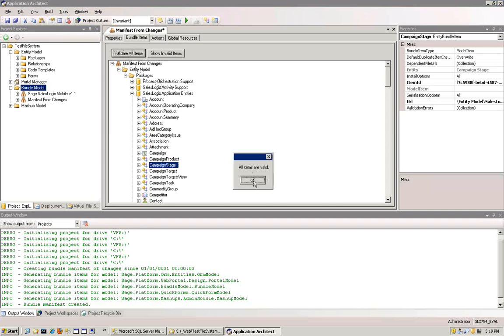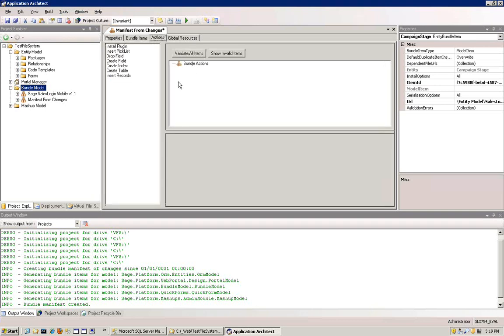So now that we know that we have all our valid items in here, we're actually good to use this manifest. Or there are a couple extra tabs in here as well. There's this Actions tab, and under the Actions tab you have a couple different items that you can also include in the bundle, including plugins, adding pick lists, and doing some table and field level items. For example, if you had